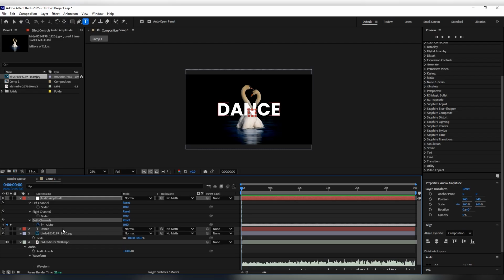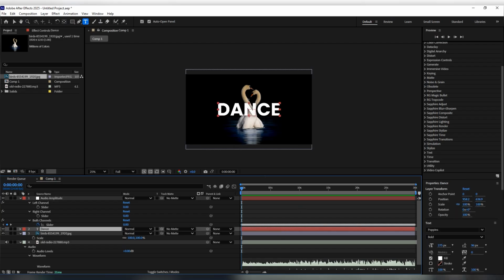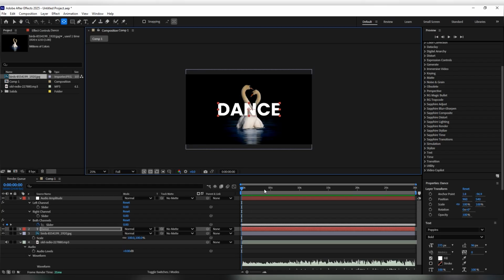So we need to make this dance text attach to this slider. To do that, first I need to make sure the anchor point of the text is in the center. I am going to select the Pan Behind tool and drag the anchor point of the text layer to the center.